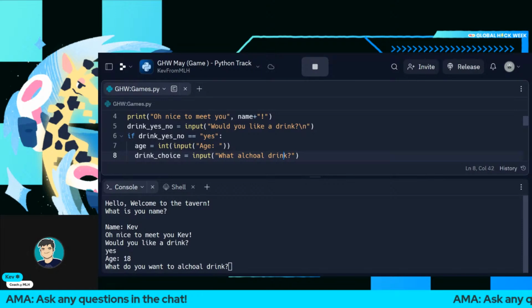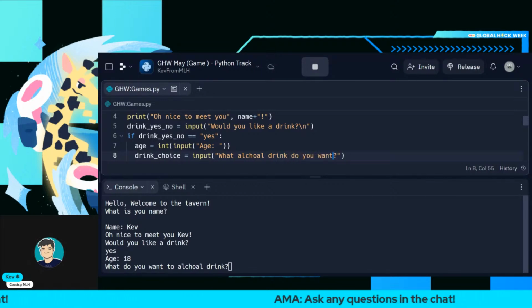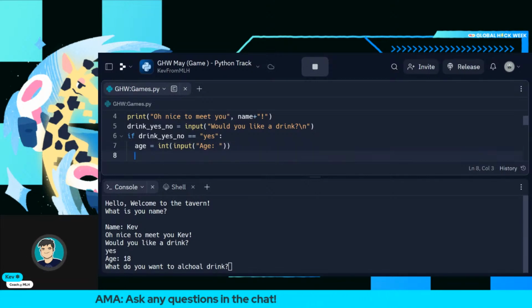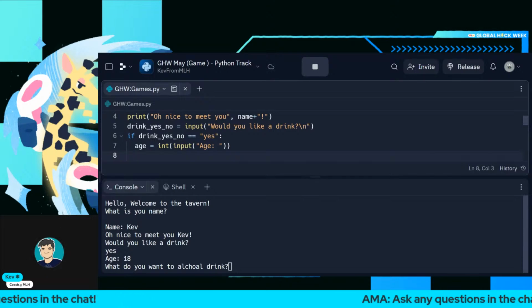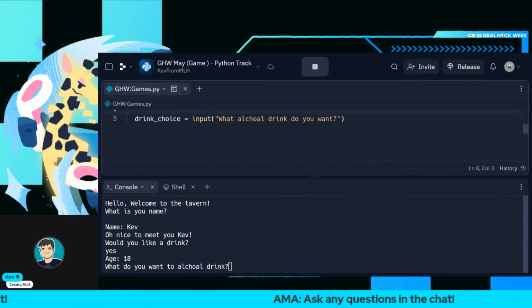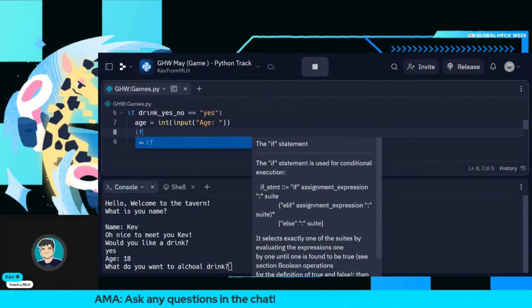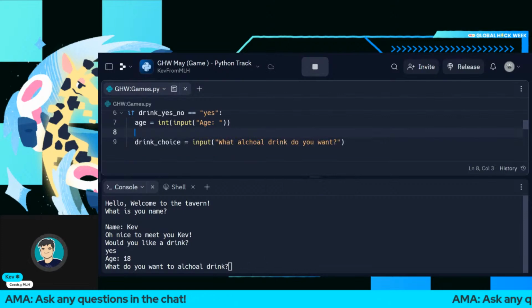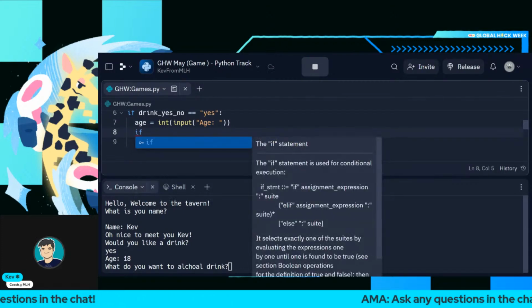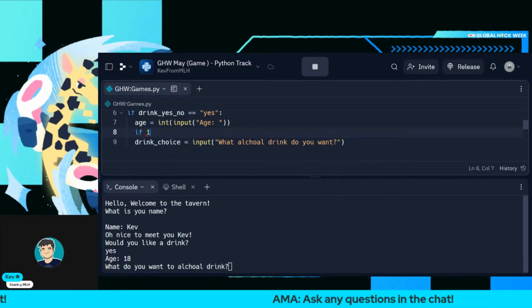Enter. Oops, oopsie daisy. Hit enter. And then I'm going to paste this right in. Okay, cool. So there we go. So now what I was talking about is what we call a nested conditional statement. So after the input of yes, maybe inside here, I would want another check, right? So I don't really want to ask them what alcoholic drink they want if they're not over the age of 21. So I can do if age